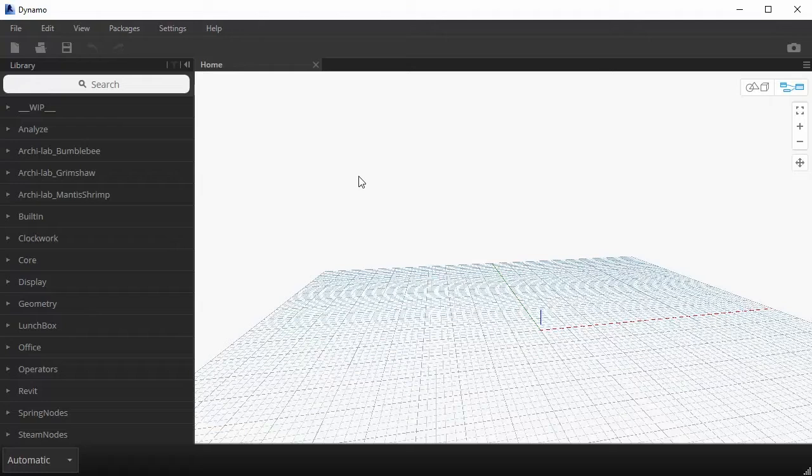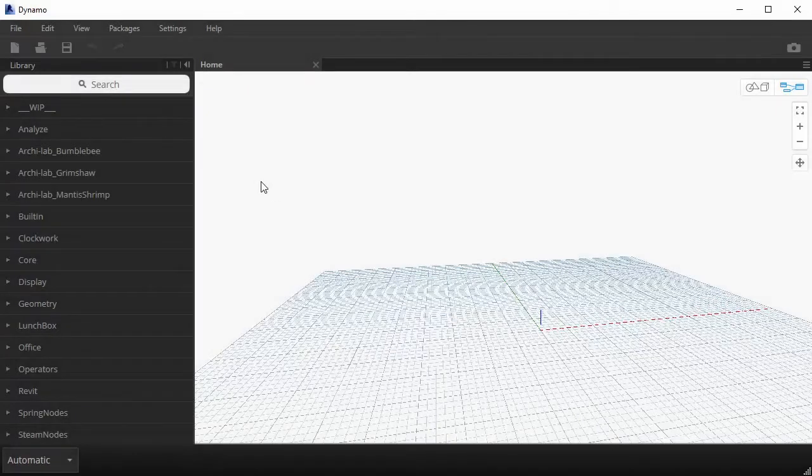So there's a couple of sections to Dynamo, and I'm going to cover briefly just some of the most important things. And things that I don't normally change in the settings, I'm not even going to talk about them. I'm just going to make an assumption that the settings are not very critical. I've been using Dynamo for years and I haven't had a need to change any of them. I might be wrong about that as well, but we'll see.